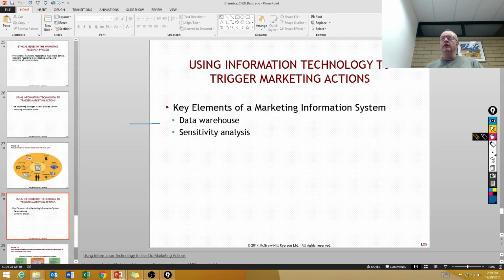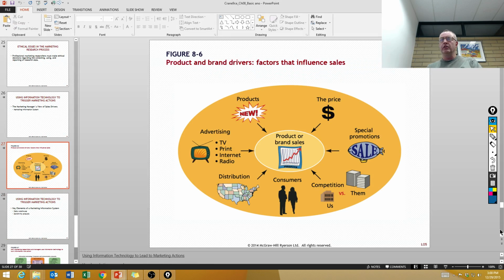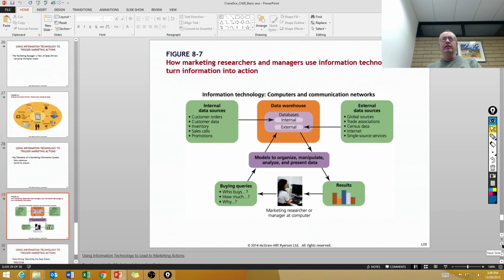It's all sort of combined into a so-called marketing information system. And so we have a little bit of a schematic diagram of how this marketing information system looks. So you have, oops, wrong way, sorry. Okay, so we have the